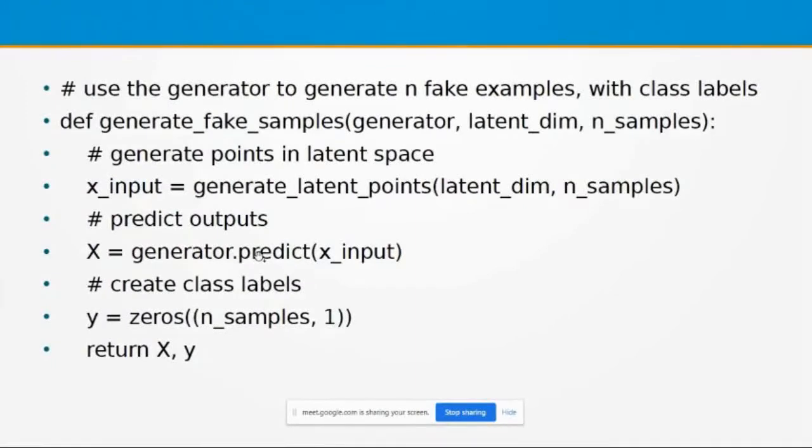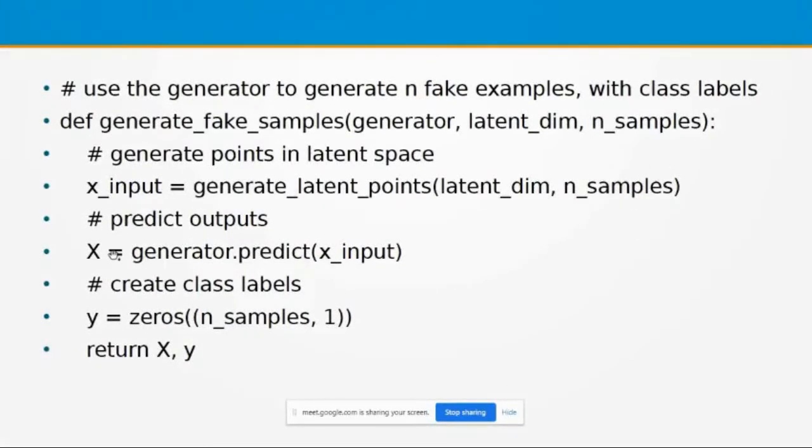Then, with the help of this generator network, we can generate the images, and for that we can make use of a dedicated method known as predict. Predict X input. This X input is a collection of noise values. With the help of these noise values, how many images can we create? N samples images.